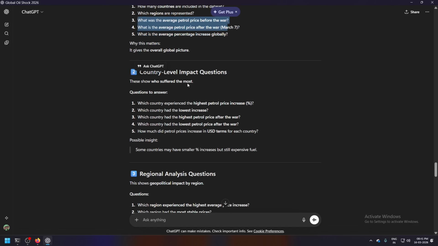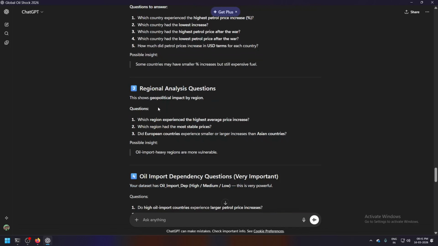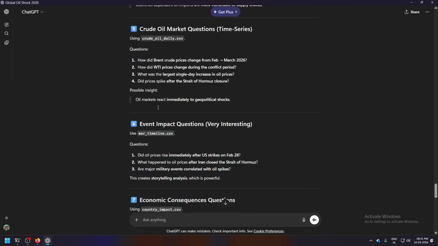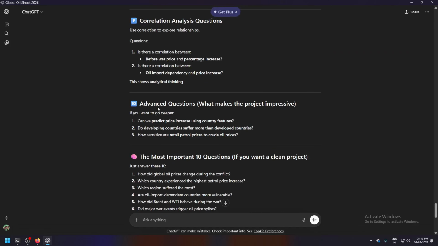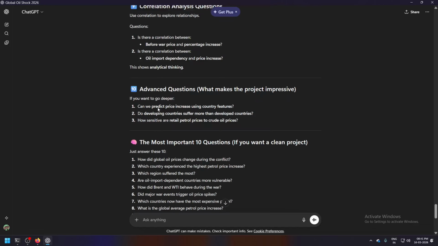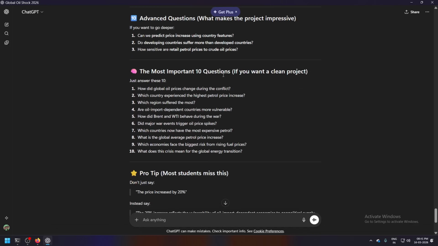Then we have country-level impact questions. Basically, which country had the highest petrol price increase, the lowest increase, and all sorts of things. And now the question that I particularly like is basically this one, the most important question. How did the global price increase during the conflict and blah blah blah.